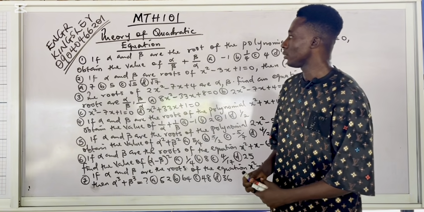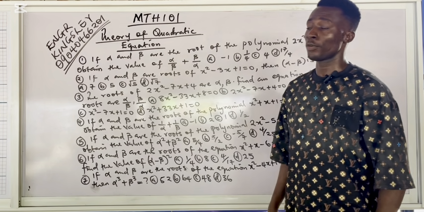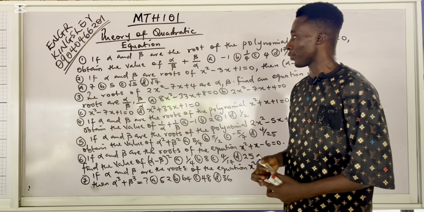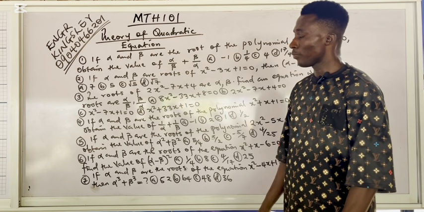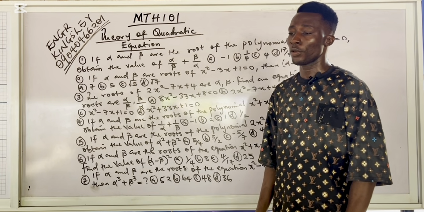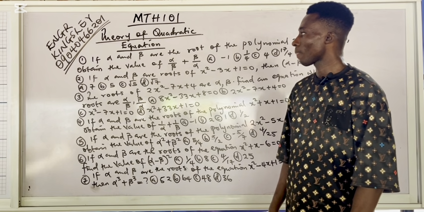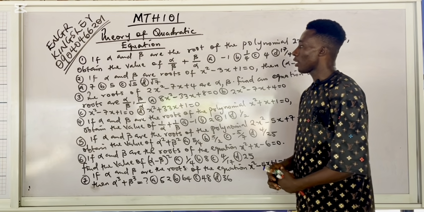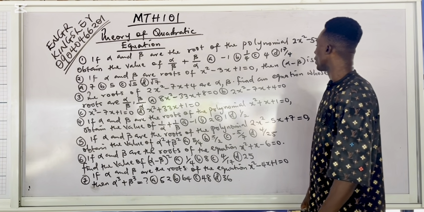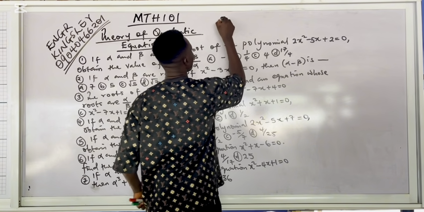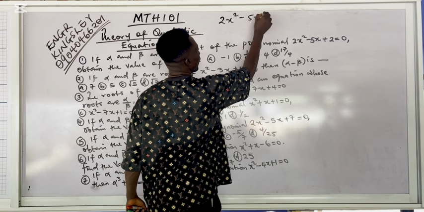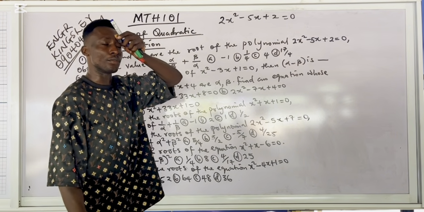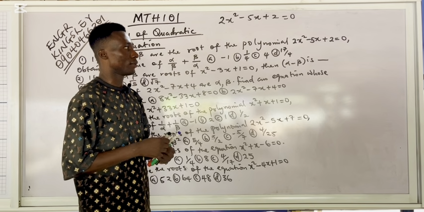Okay, in today's class, we are going to continue from part 2 of our previous video on theory of quadratic equation. Basically, we are going to be talking about questions from alpha beta. So, if they ask you a question like this, if alpha and beta are the roots of the polynomial 2x squared minus 5x plus 2 equal to 0, what is the easiest way you are going to solve this problem? For those of you that is writing CBT,